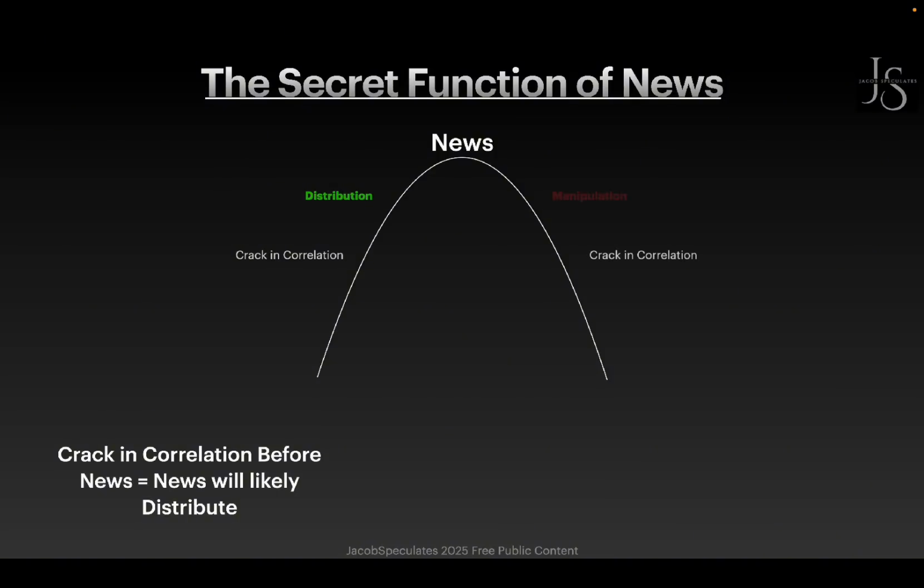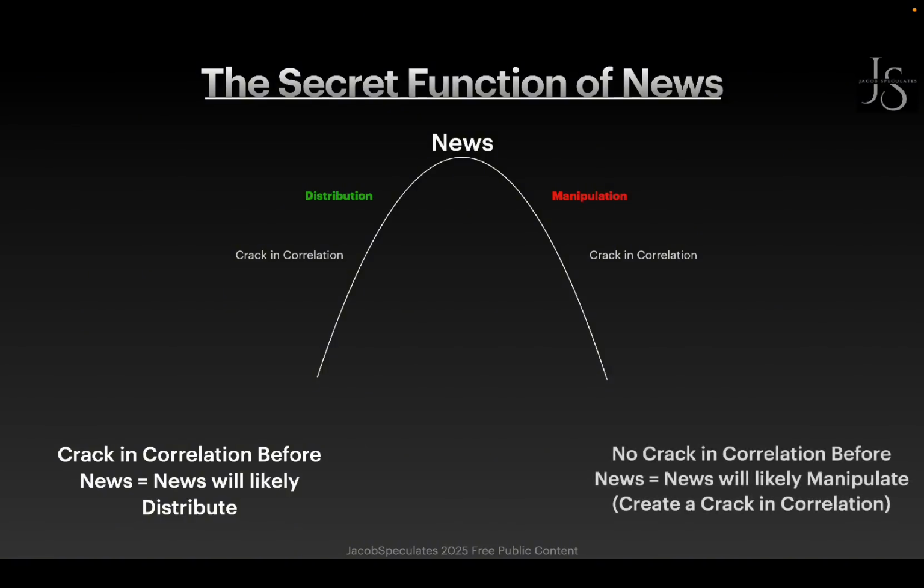But on the other hand, if you have a crack in correlation after news, then that poses as manipulation. So if you don't have a crack in correlation before news, news will likely manipulate and create a crack in correlation, giving price a reason to expand. So it's all if then. Typically, you'll see news release and then a crack in correlation take place, which serves as manipulation, and then shortly after, you'll see distribution. But sometimes you'll see news serve as distribution, especially on the higher time frame news events. But as a gem, typically you'll find the news serving as manipulation